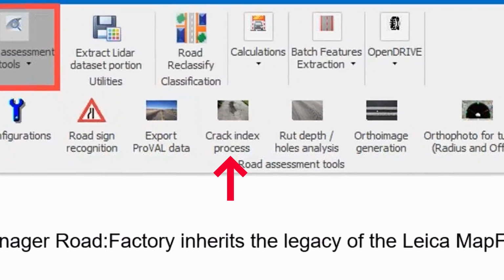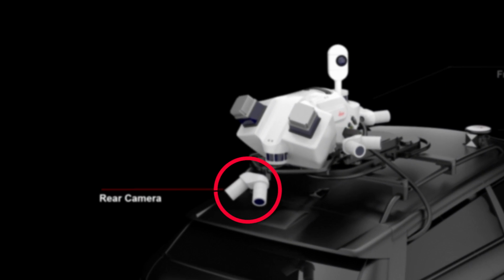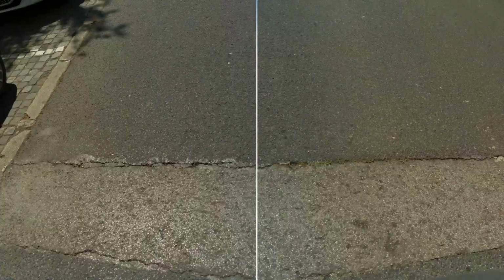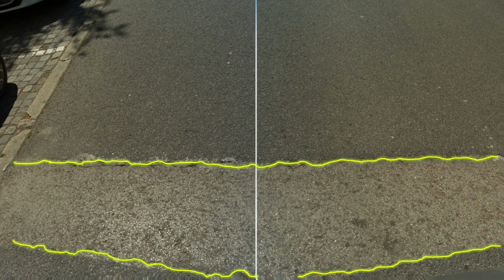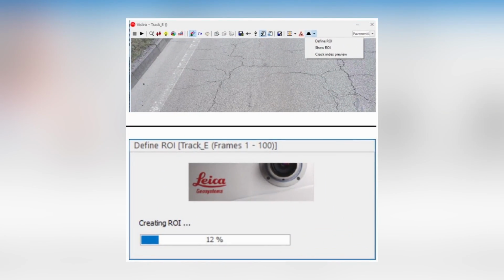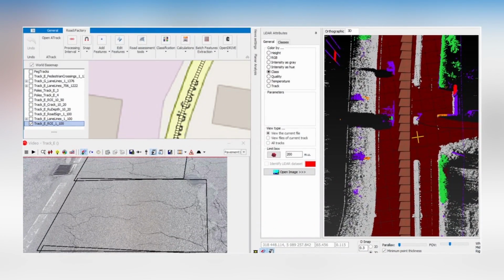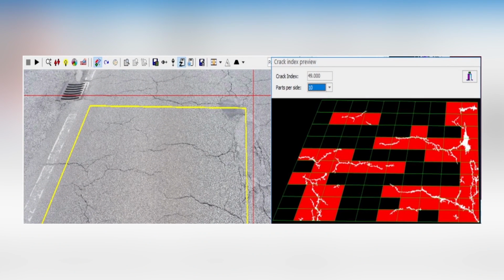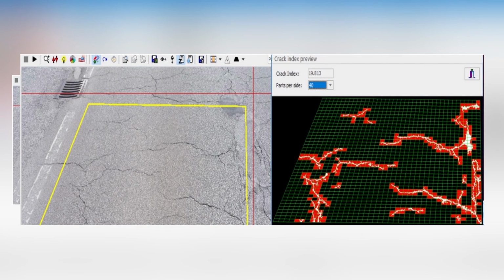The crack index process works with the data from pavement cameras. It lists in order the cracks surveyed in one designated region of interest, ROI. This ROI is analyzed along the trajectory using the images to evaluate the condition of the road. The crack index process works only on RGB images, not on the point cloud. At the end, the tool generates, inside a field of features selected, the number of tiles affected by issues found